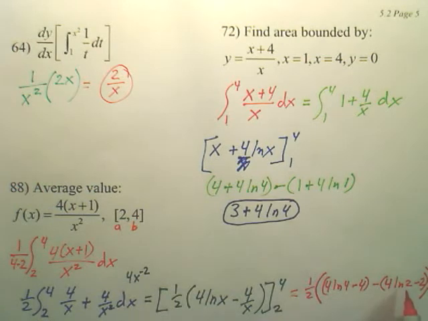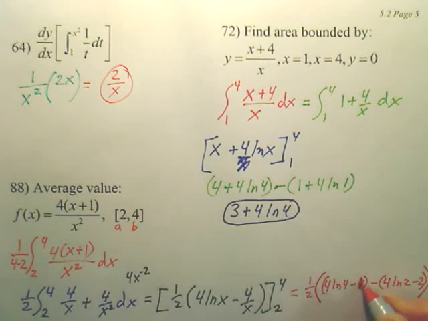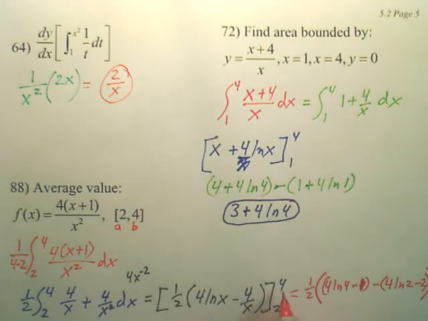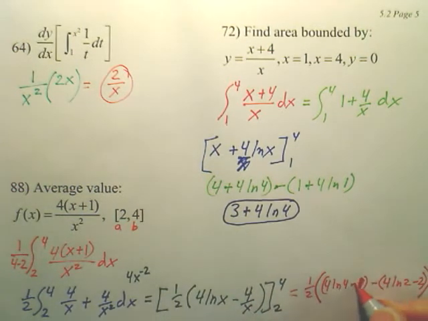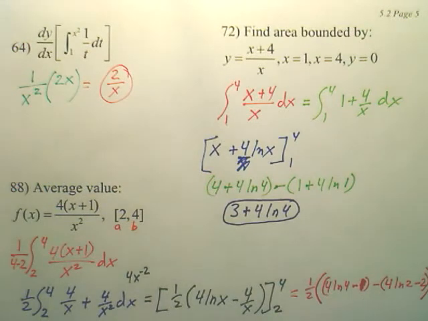Because 4 divided by 2 is 2, and 4 divided by 4 is 1. So this should be a 1 right here. Yeah, good, you're right. 4 divided by 4 is 1. I did that wrong. And if we simplify that all out,